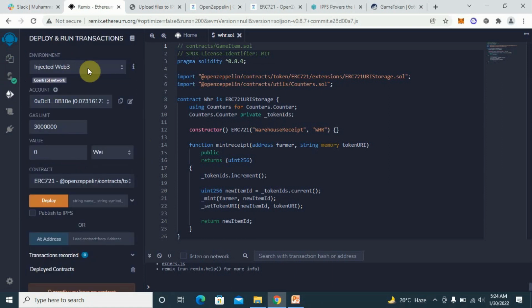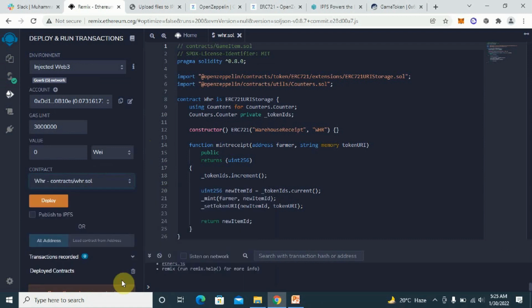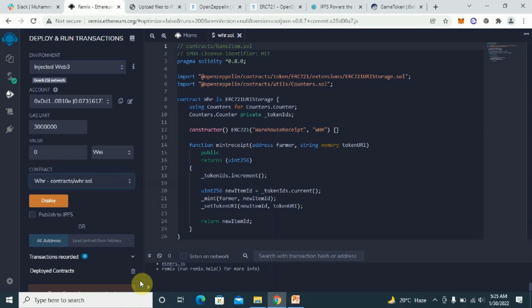Let's go here. We switch to injected Web3, so you can see the Goerli network is displaying here. Now, you come to contracts here because we've inherited a lot of contracts. We need to switch back to WHR.SOL, which is the contract we're using. But you can see, because of these import statements from OpenZeppelin, we inherited a whole lot of contracts before we're able to get to this point of WHR.SOL. So, minting these NFTs or minting these receipts, a whole lot of smart contracts has been